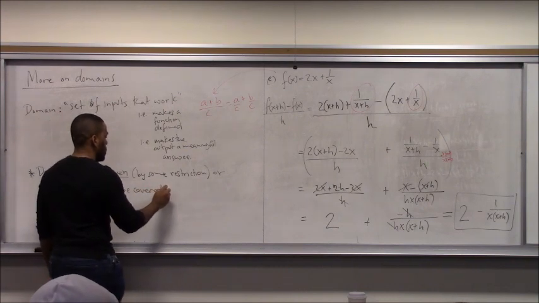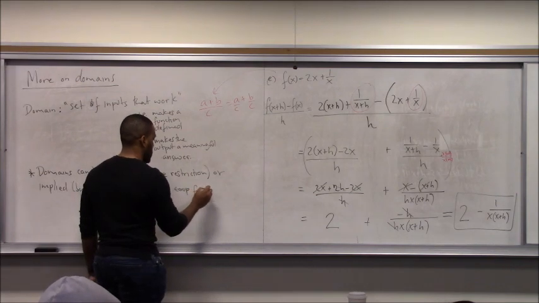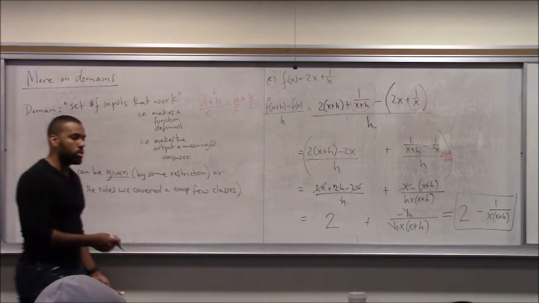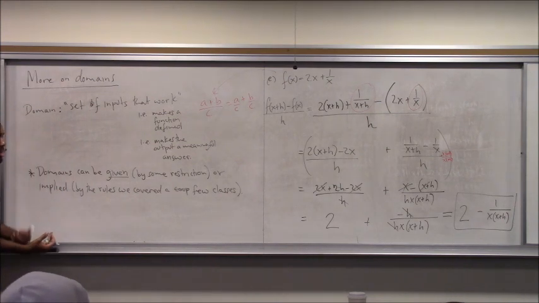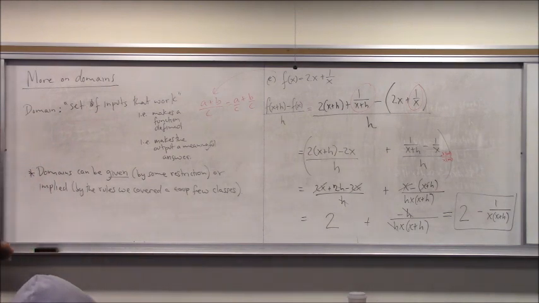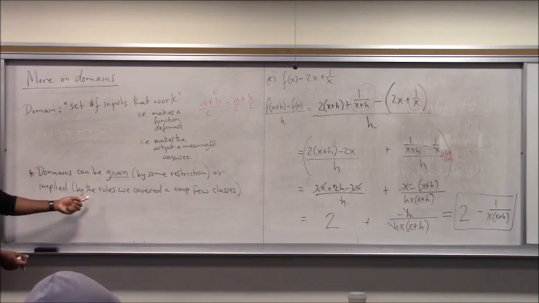Rather, those we covered a couple classes ago. A few, I don't remember. It was exactly a couple. So we looked at domains of like the square roots. You know that if it's an even root, what's underneath it needs to be 0 or bigger. If there's a fraction, denominator can't be 0, things of that sort. So those are some rules where if you're not given a restriction, you follow those rules, we'll call it implied,